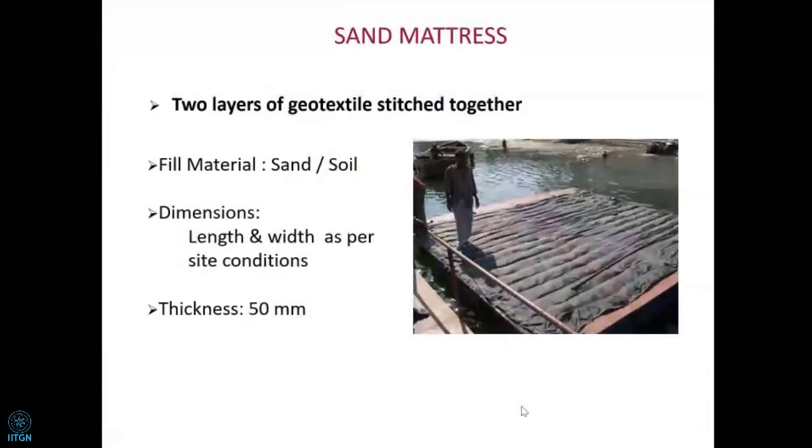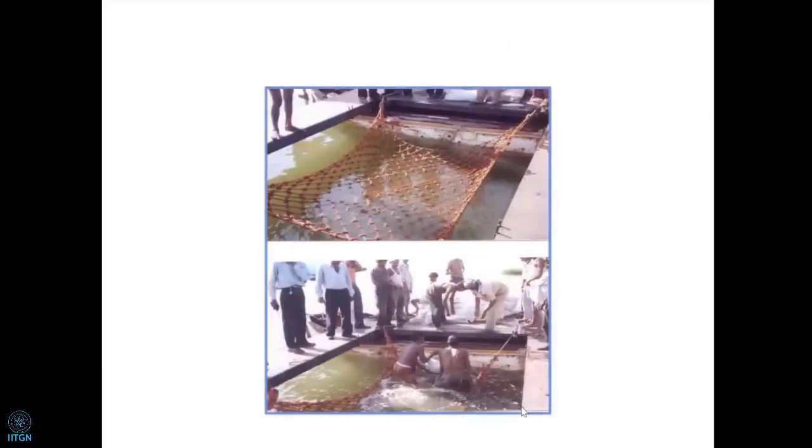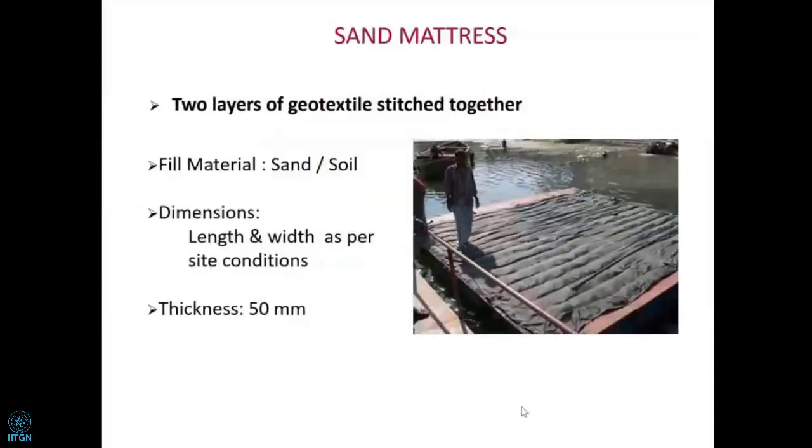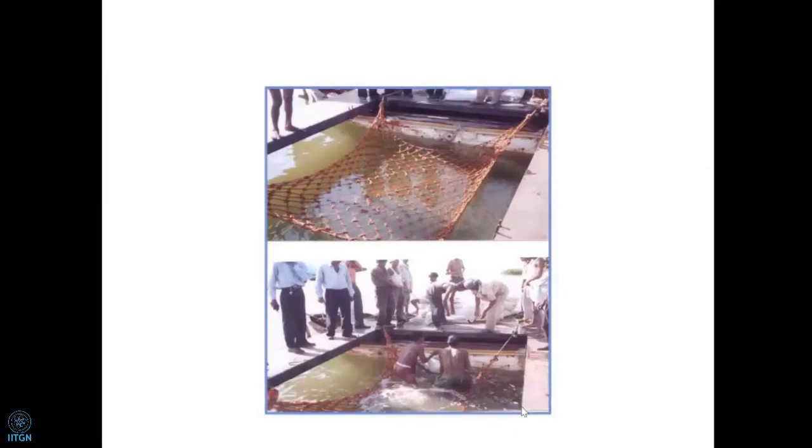Polymer materials have a specific gravity or a density lesser than water, so they float on the water. Under these circumstances, we use two textiles sandwiching a sand layer, and by a special methodology, we can lay it underwater straight, and it can cover a larger area. These materials are called sand mattresses.